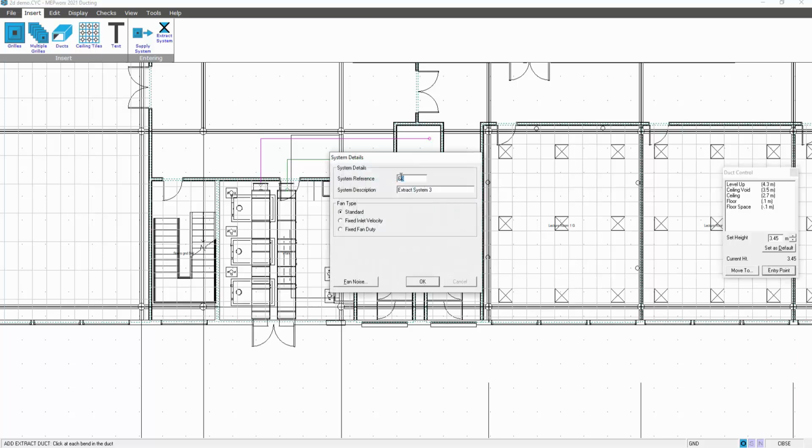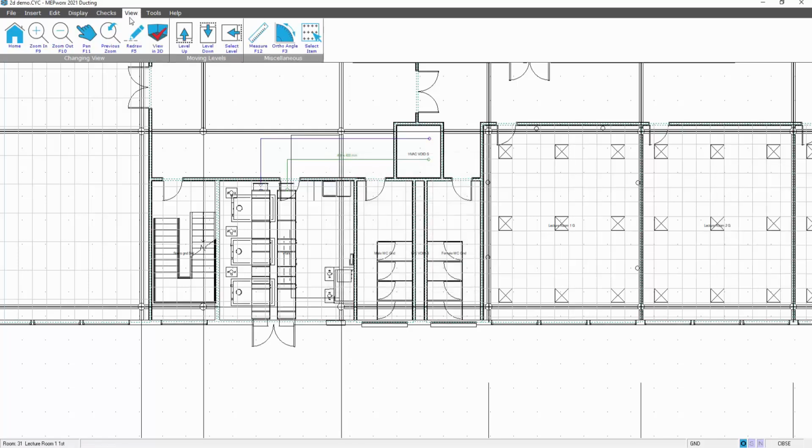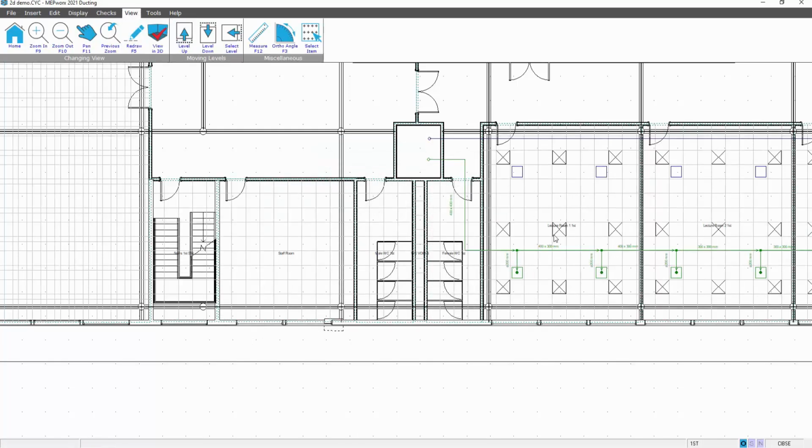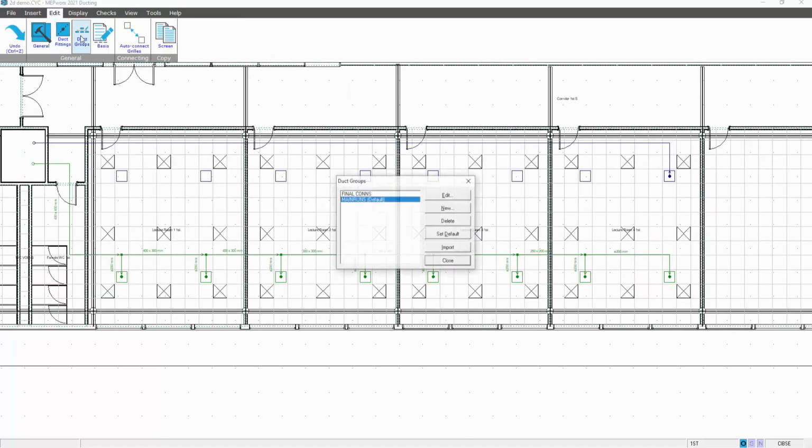Obviously this is for illustration purposes only. I wouldn't place an extract system right next to a supply system. View, level up, edit, duct groups, change the final connections as the default, close,